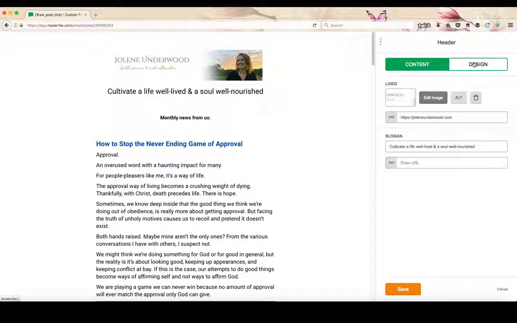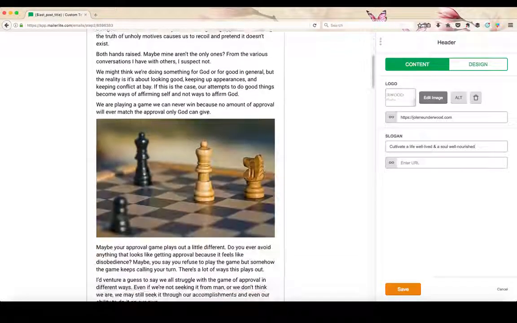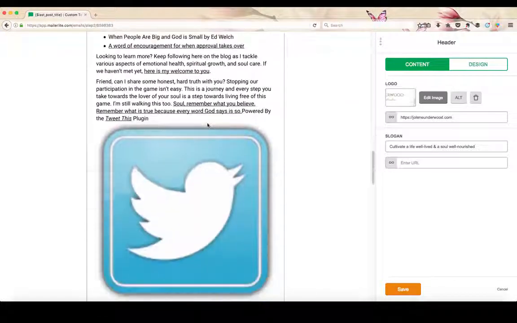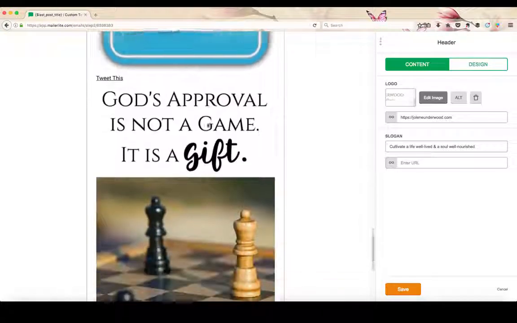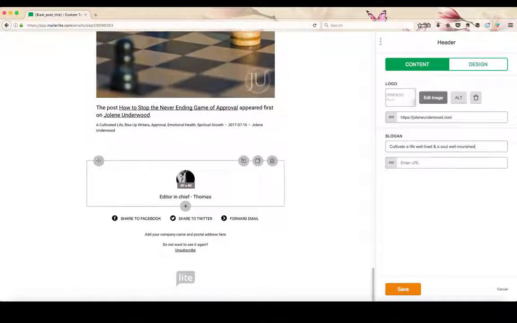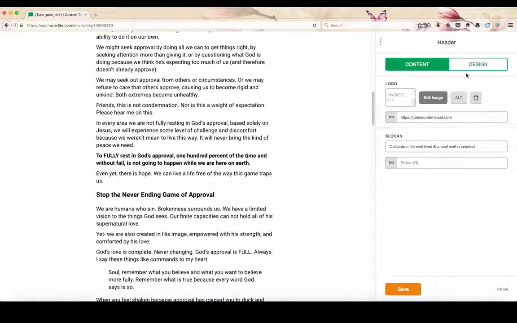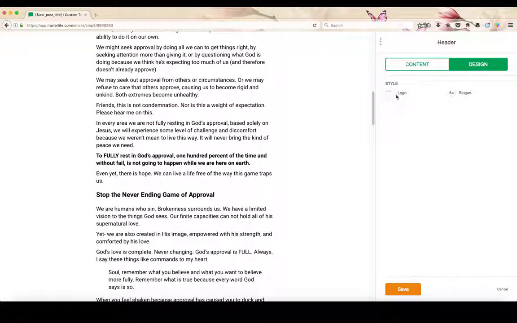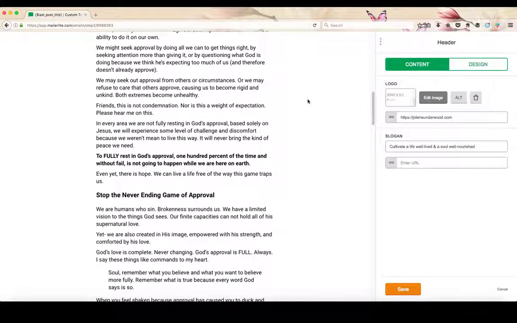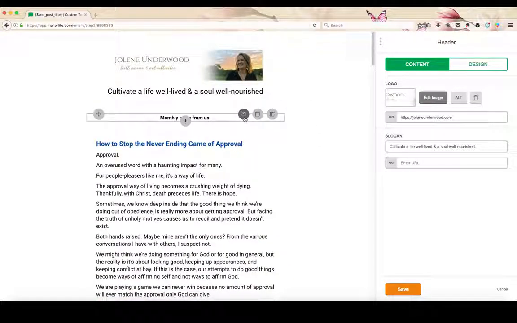I'm not sure that I would use the template, honestly, because I kind of don't like the way that some of these things are set up, but you can go in and change it. You can go in and change the font size, the text, and let me go back up here before I lose you. Let me change the design a little bit. So we have Logan style. Okay, there's not much to change there on the header. And then this one,